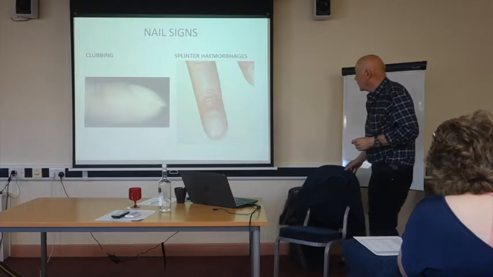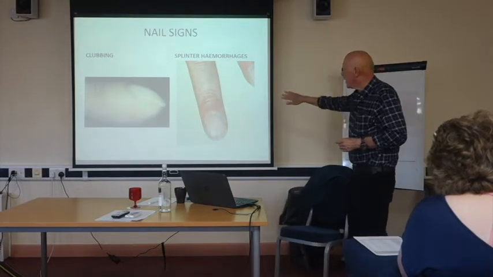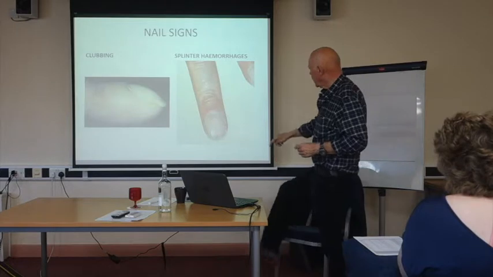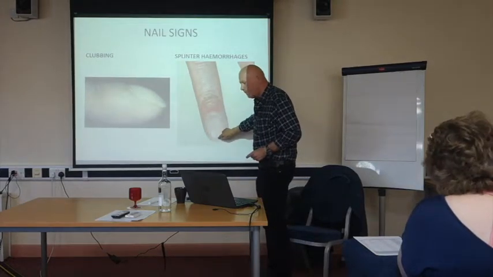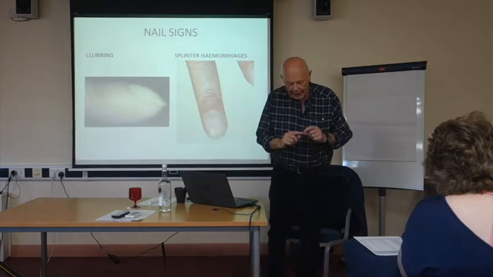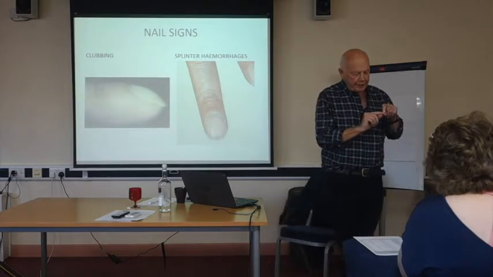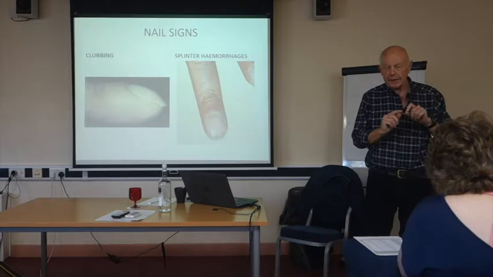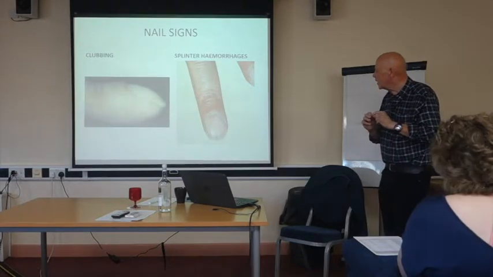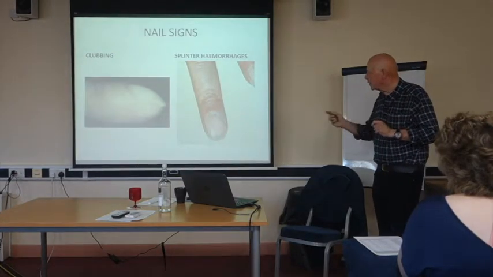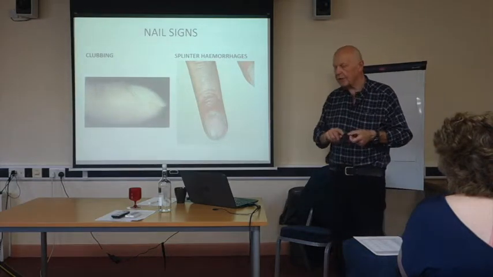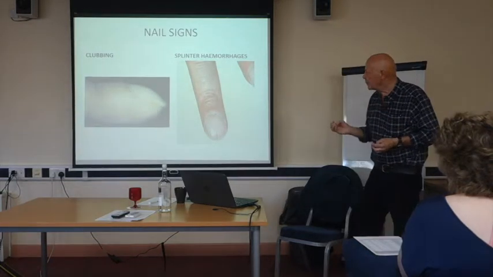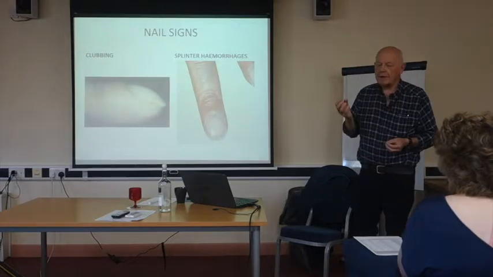This one, splinter hemorrhages. That little line there looks for all the world like a splinter underneath the nail. In fact, it isn't, but that's why it's called splinter hemorrhages, because it looks like you've got something that's gone under your nail there. What causes that is,